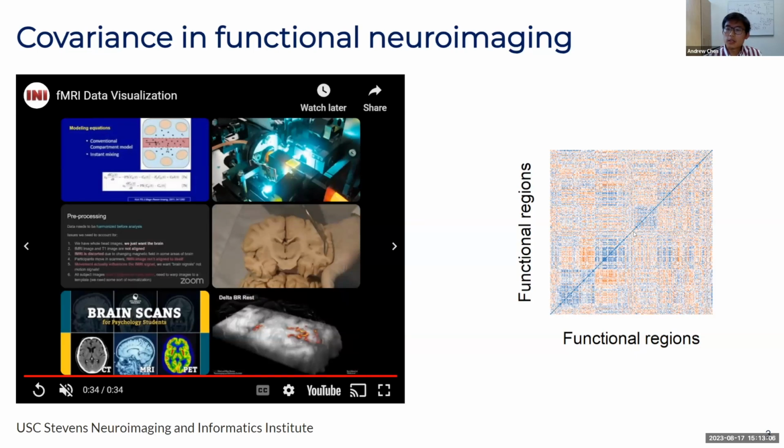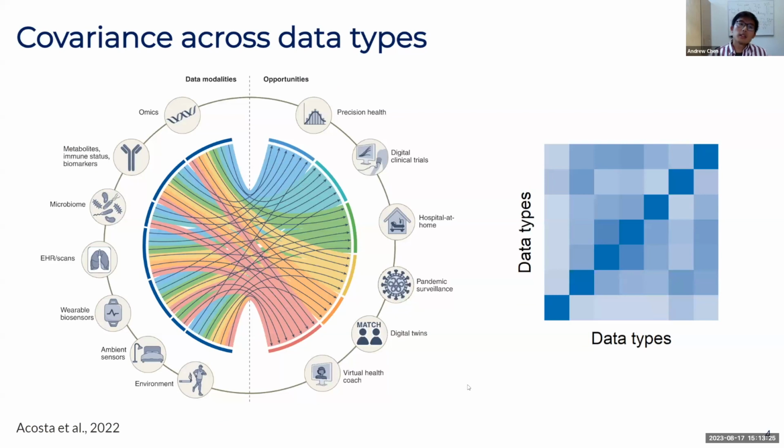For example, here you'll see that certain regions tend to be correlated more with each other across time. This is in a resting state, so no task. This kind of covariance structure can tell us a lot about the brain and about brain organization in particular. And then finally, more generally, including both structural and functional neuroimaging, we care about covariance because it can describe